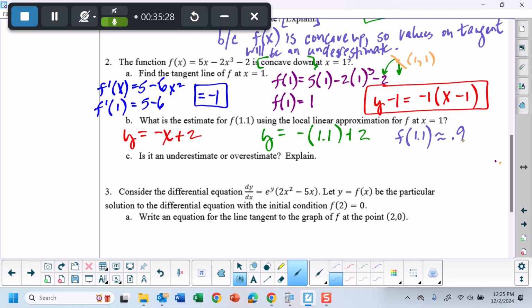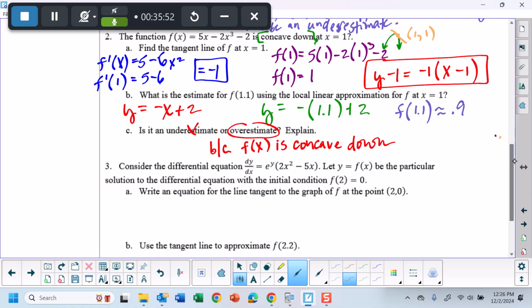Yeah, so this one's going to be an overestimate, and it's because f of x is concave down. So the values on the tangent are going to be an overestimate. All right, 3 is a much better problem